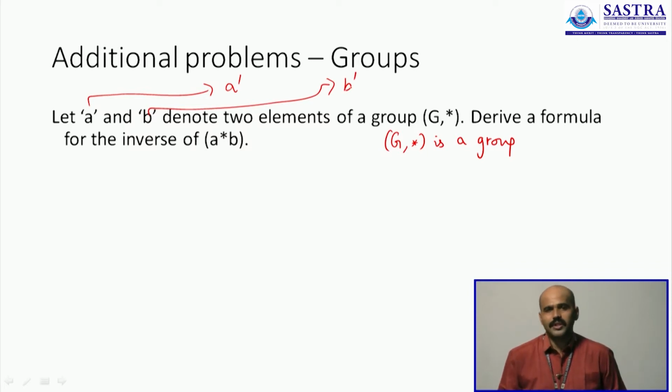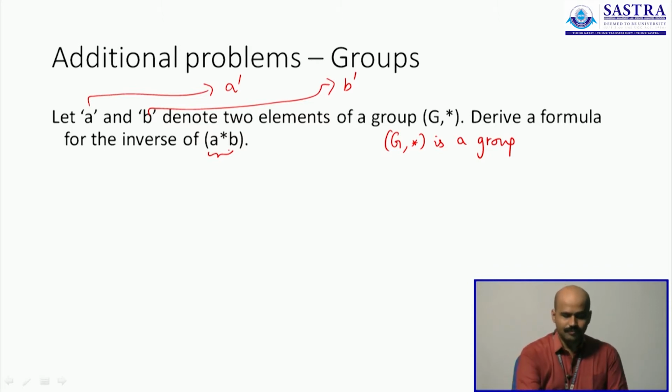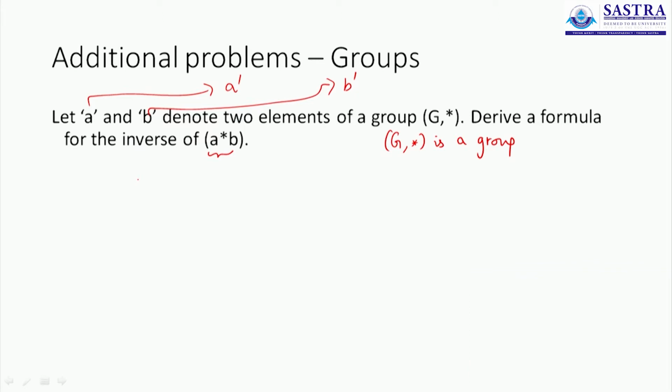Now we are interested in finding the inverse of an element which is a result of the operation star on both A and B. So this way we are going to devise a formula which can be applied for any group and any operation. I'll first solve the problem as it is in the general case, and we'll also have a look at a couple of examples to help you get familiar with the idea. So we'll start with the definition of an inverse. What do we mean when we say an element is an inverse of another element?